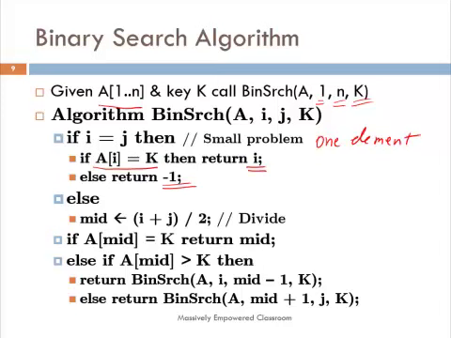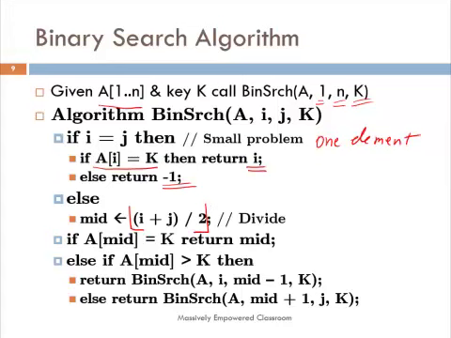You remember the divide and conquer algorithms first check to see if the problem is small enough. In this case, small means i equals j. That means there is only one element in the array. If that element was the key that you were looking for, return its index, i. Otherwise, return failure. If it is not small, that means j is greater than i, j is not the same as i. Compute the midpoint, and again, we need to take the floor here. So (i plus j) by 2. That is the divide part of the divide and conquer.